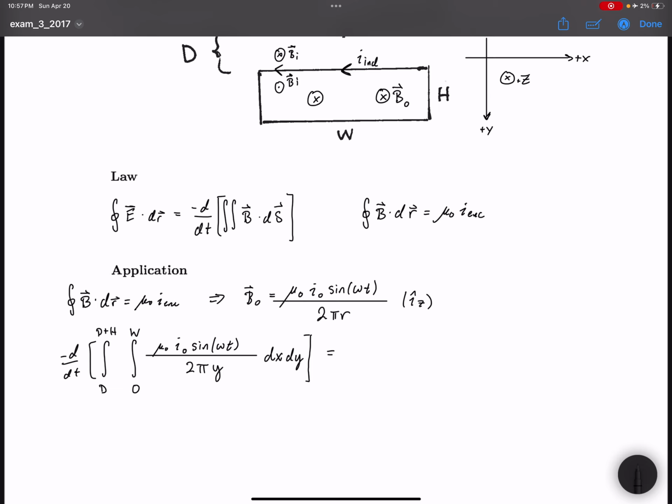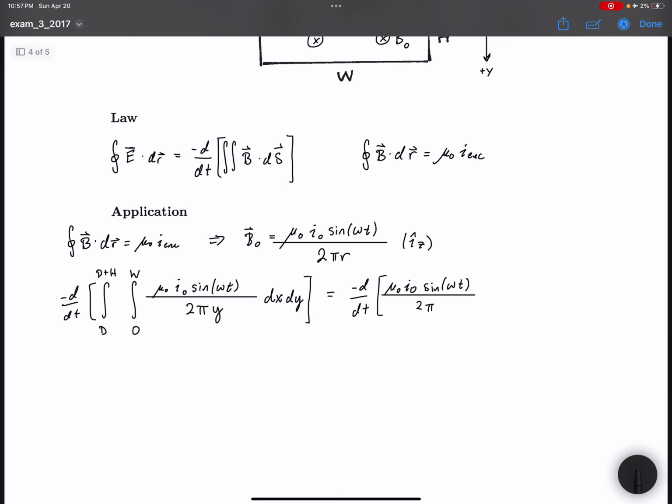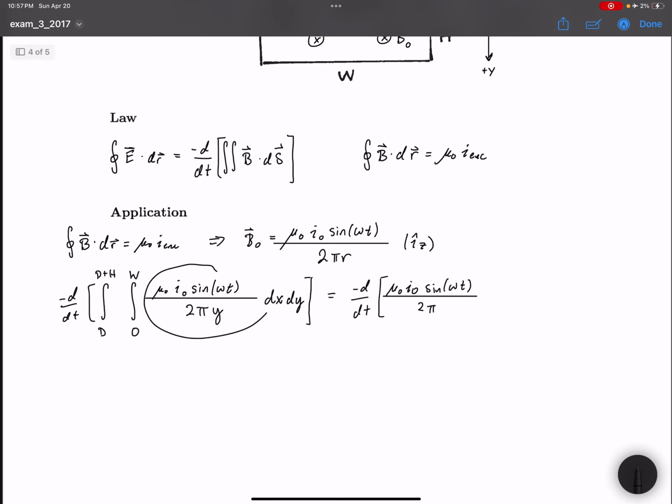And so that's going to end up being negative d dt of mu naught I naught sine omega t over 2 pi. None of these are in terms of x,